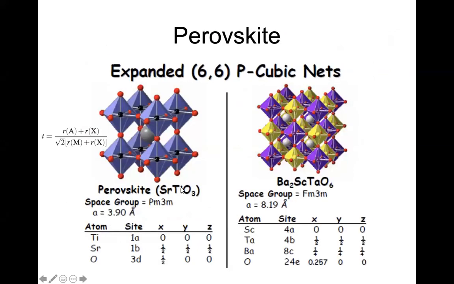Okay, so I now go into a little bit more complex and very well-known structure. It's perovskite. Okay, and this is named after the mineral perovskite, and the original name comes from calcium titanate. But a good example is strontium titanate because it shows an ideal cubic structure. For example, the space group is PM3M.